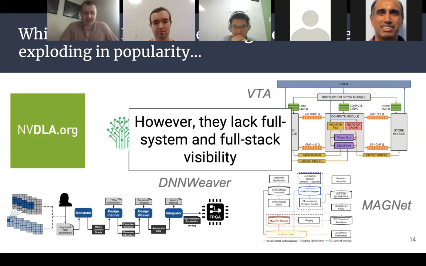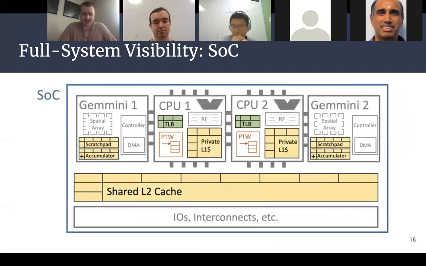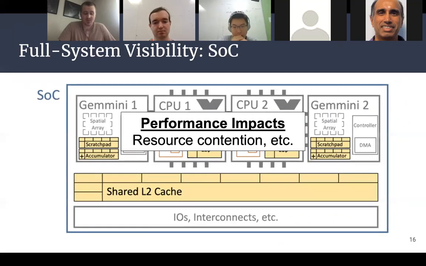Now, when we discuss the full system, what do we mean exactly and why is it important? Well, the system, as we use the term, encompasses everything from the SoC all the way up to the operating system running on the SoC. The actual physical SoC can greatly reduce the maximum performance of the accelerator if its resources have not been well